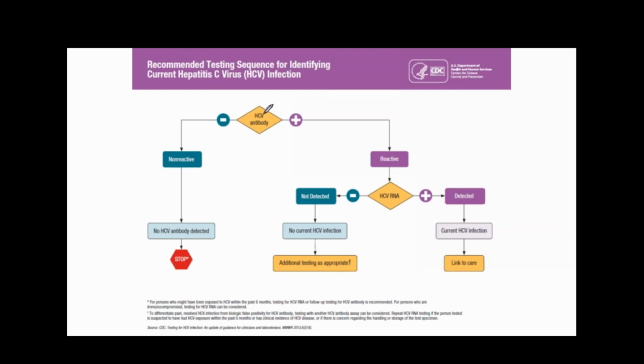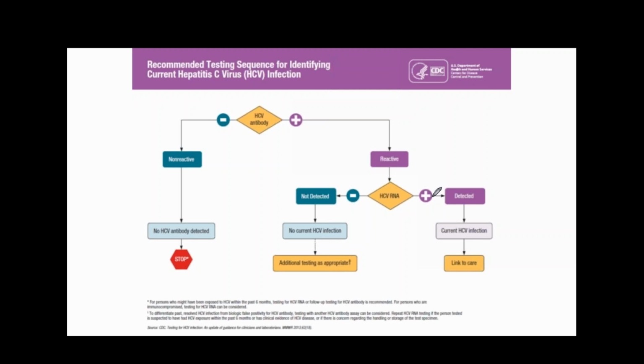On the other hand, if the person has HCV antibody detected in their serum, it could mean that the person has, as we mentioned before, current, past, or resolved infection, or it could be a false positive. But what needs to be done is, once this is reactive, the person needs to have an HCV RNA test. If this HCV RNA test is not detected or it's negative, it means the person does not have current HCV infection. However, if the person is susceptible or has exposure within 6 months, they should be followed up for testing.